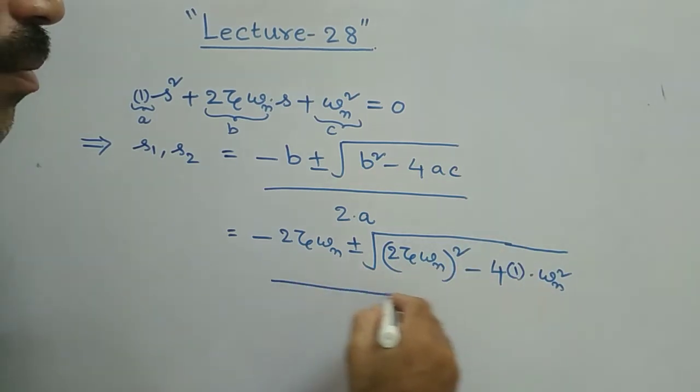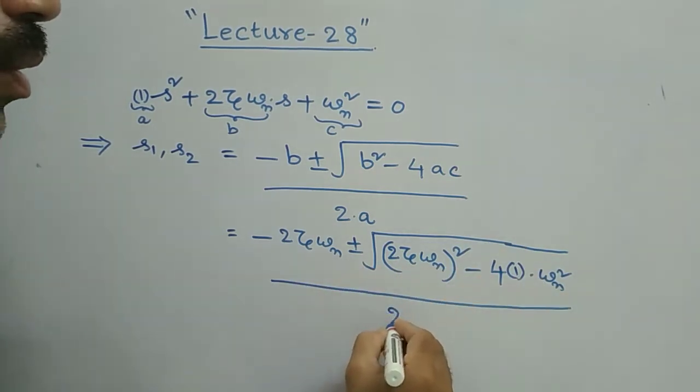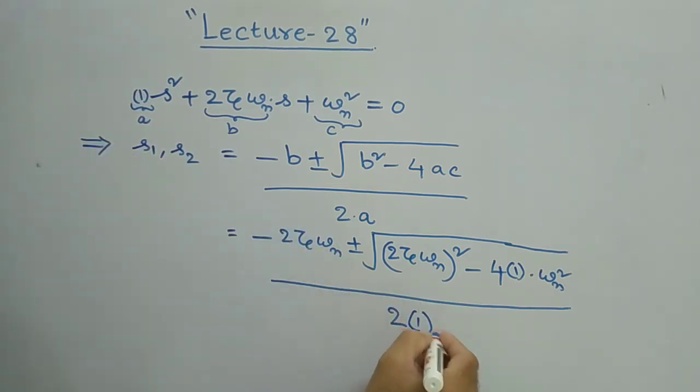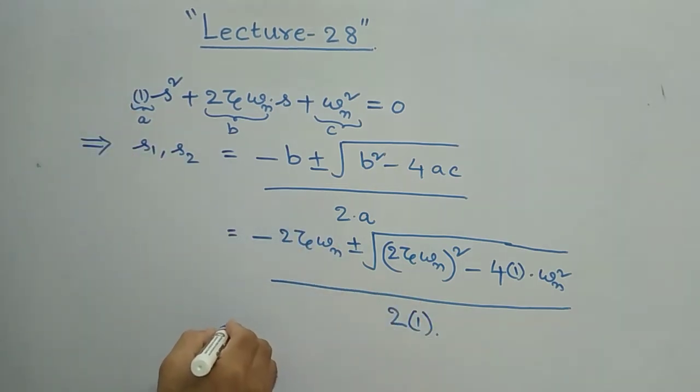Whole by 2 into a. What is a? Actually it is 1. 2 into 1. Clear? 2 into 1. This further is equal to